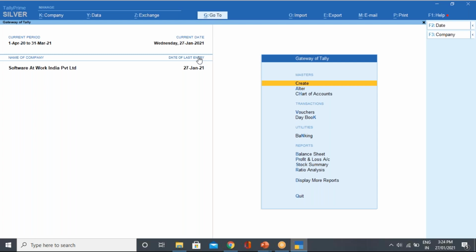Okay, so as I said, what is the process of the TDS? First of all, we need to go either for the advance booking or the expense booking, whichever is earlier. At that time, we have to deduct the TDS. Whether we are booking the expense first, or giving the payment in advance first, at both times we need to deduct the TDS. Once the deduction of TDS has been passed, then we have to pay the TDS to the government.